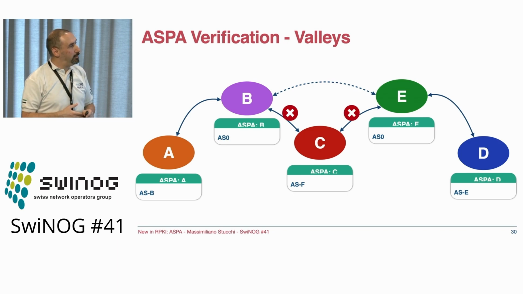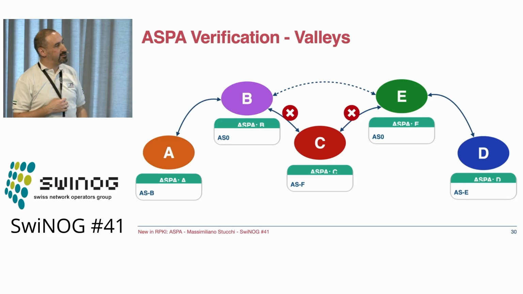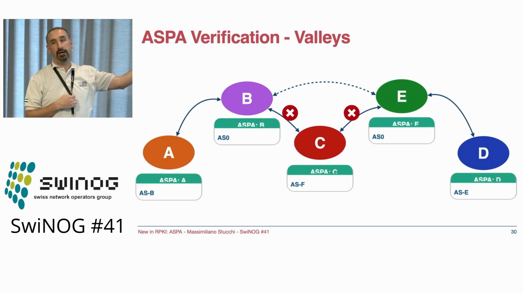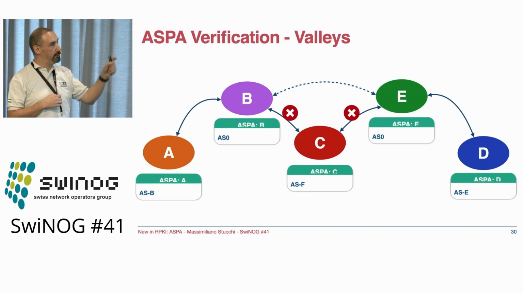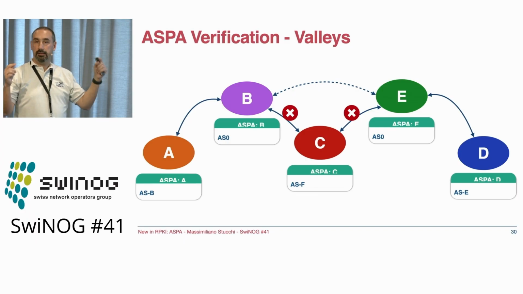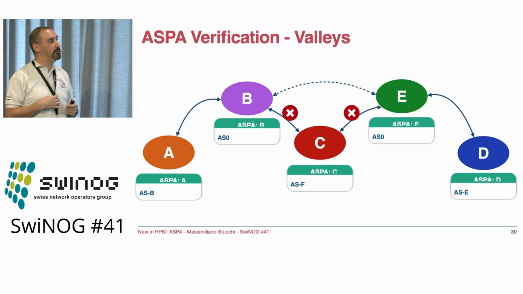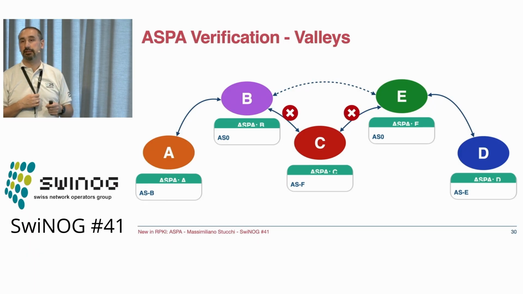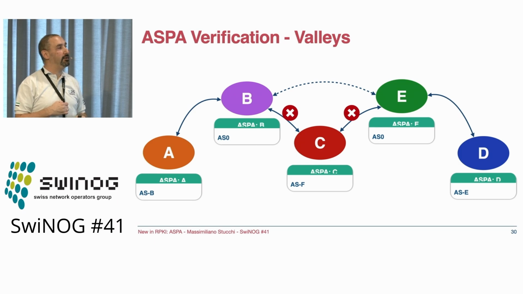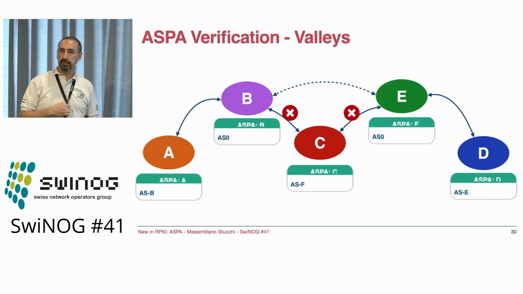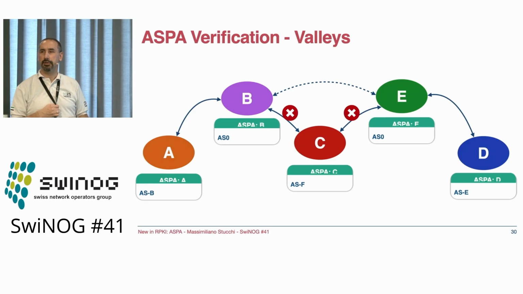This would be both invalid because E doesn't list C as an upstream and C doesn't list B as an upstream. So you would easily identify when there's a hijack like this, or where somebody has misconfigured their filters, because you would see that valley in your AS path and you would be able to filter it out. So this would help in a case where somebody would be misconfiguring or trying to hijack in the middle of nowhere. Make sense? Yes? No?